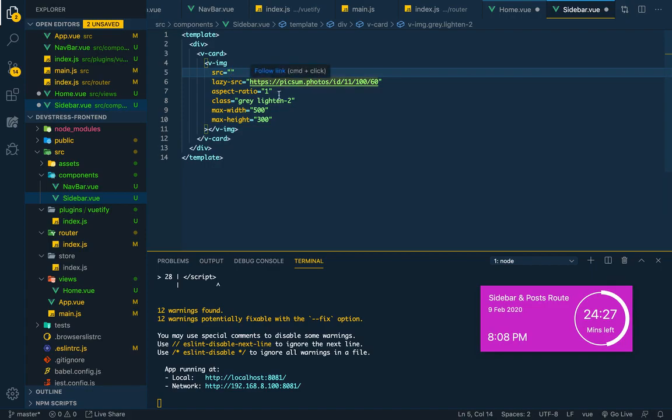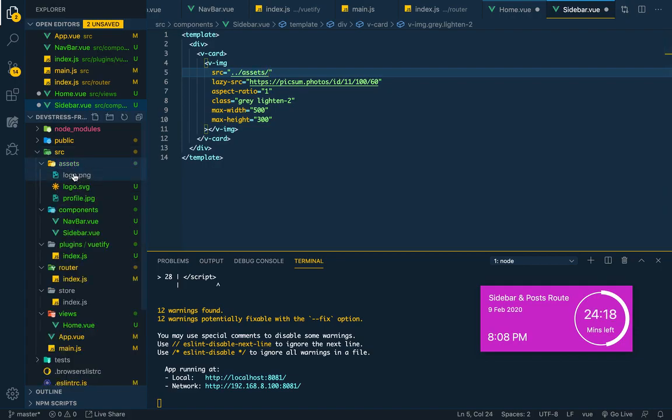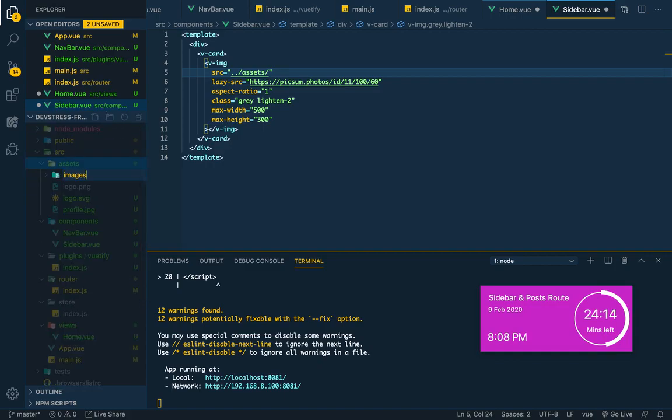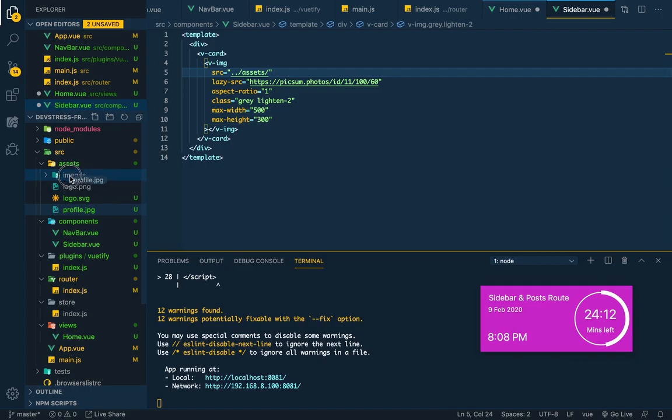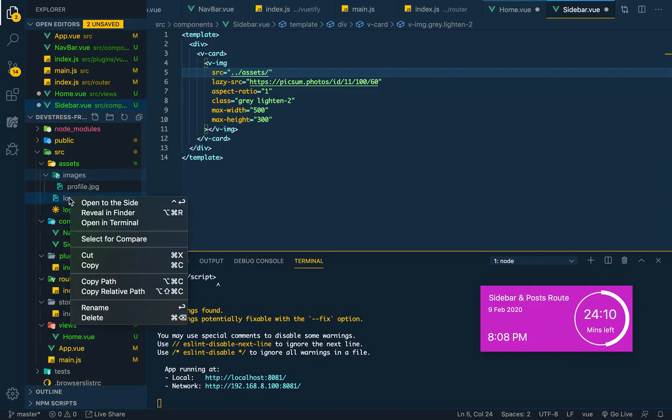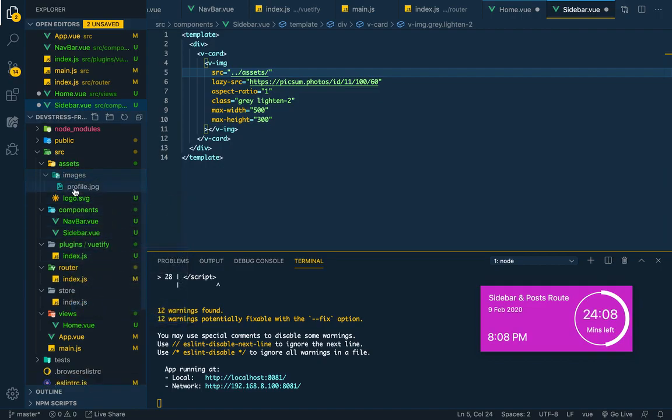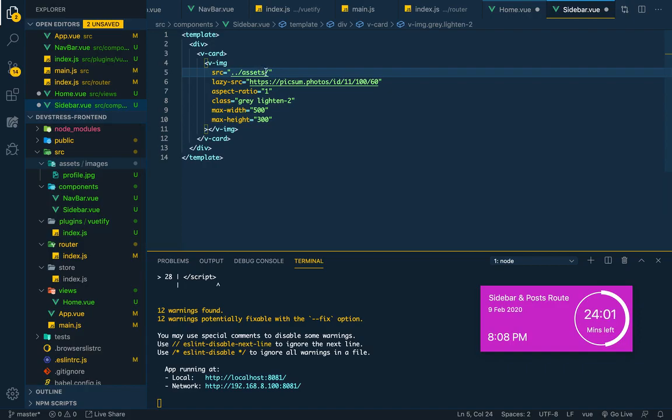So yeah, right now we are in sidebar, so we go out of components and then we go to assets. So we go to assets and we have it here. It's not even an image folder, so we can create a folder called images. We can now drag. We can delete all this stuff. Delete. Maybe SVG, delete. So we have assets, images, and profile image. So assets, images slash